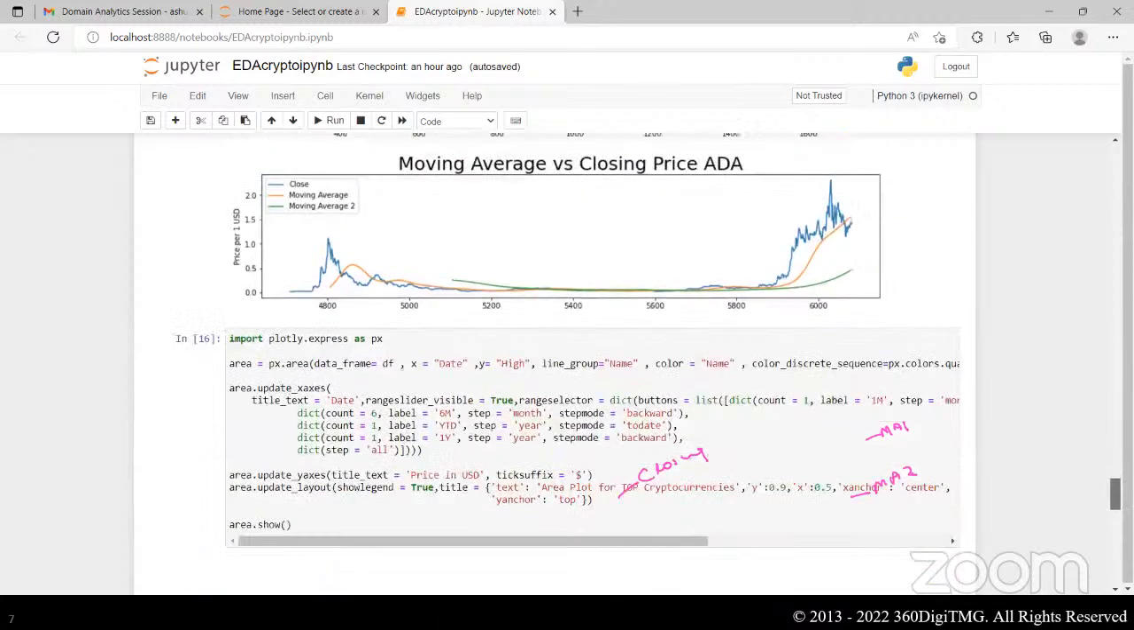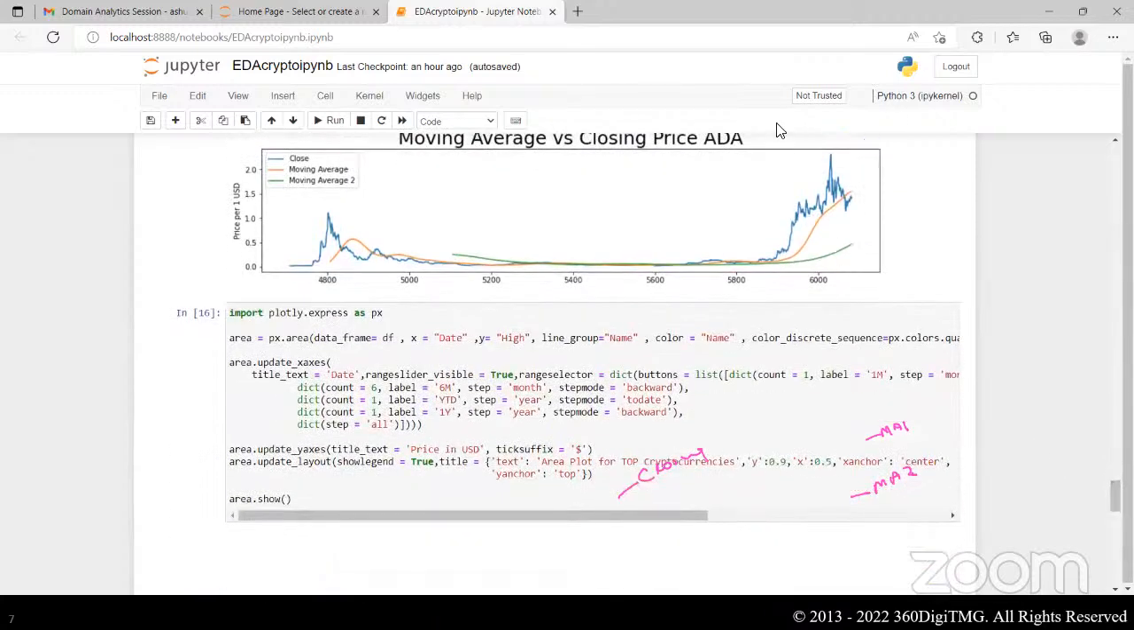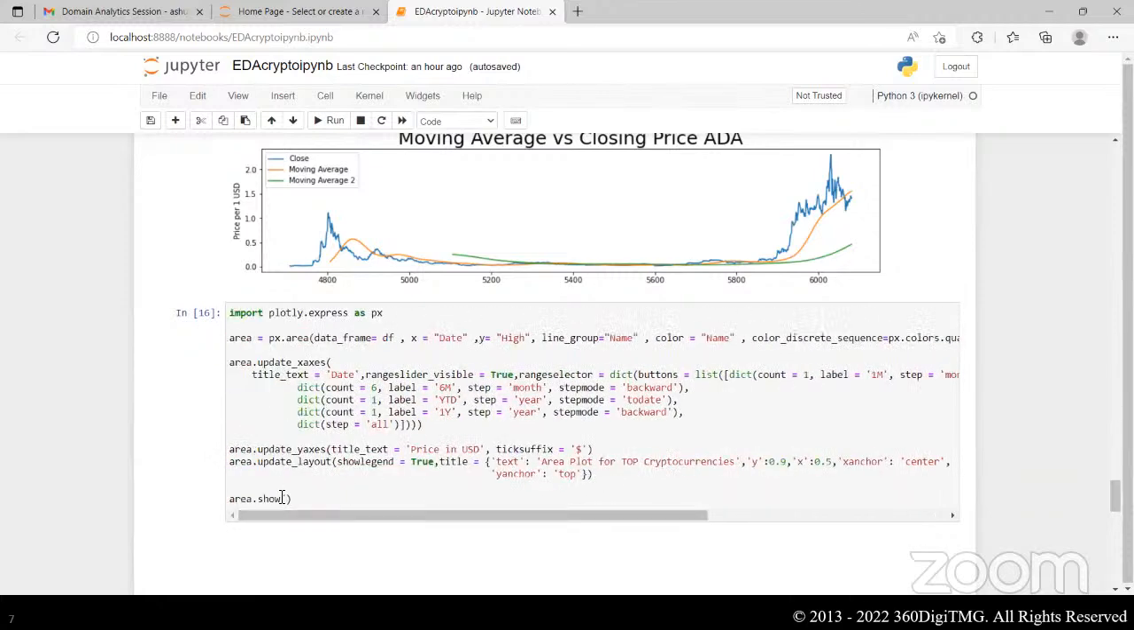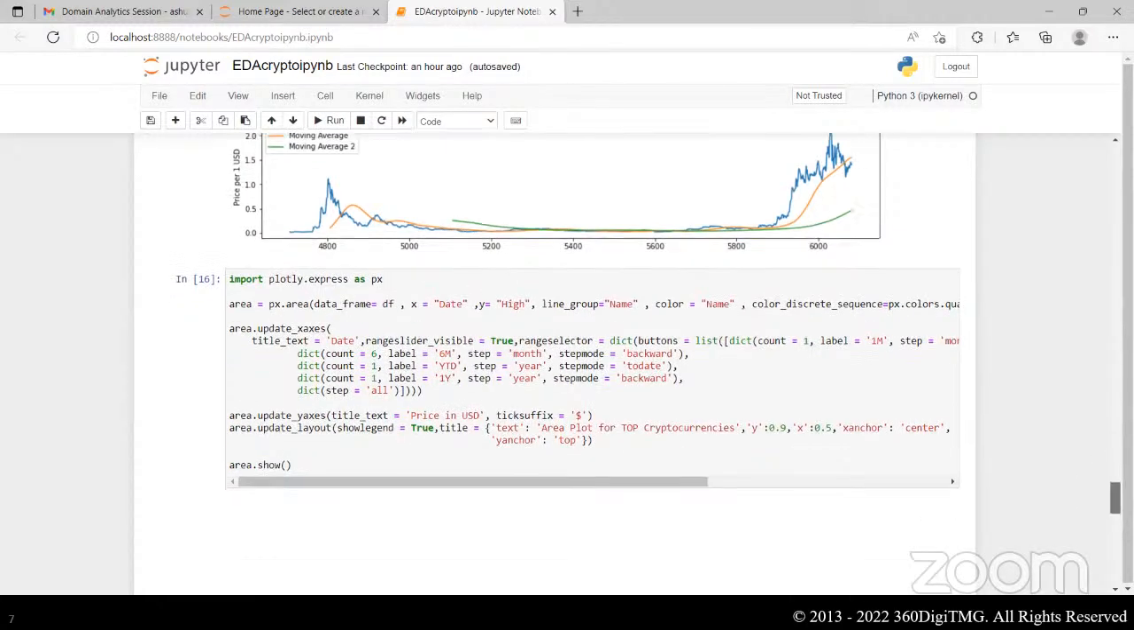Now I'm also trying to import plotly.express as px, and I'm initializing some parameters over here. Dictionary count is equal to 6, count is equal to 1, 6, 7. I'm taking various variables over here. And when I say area.show,